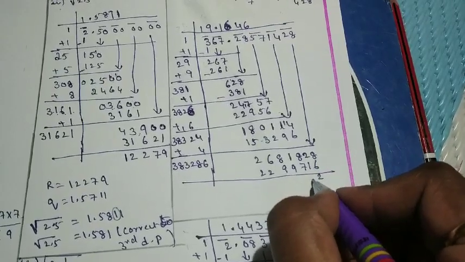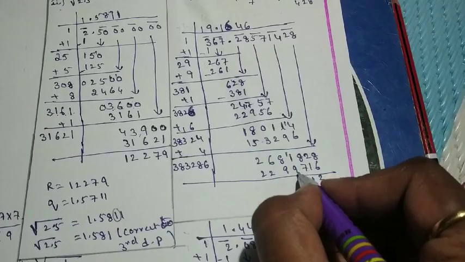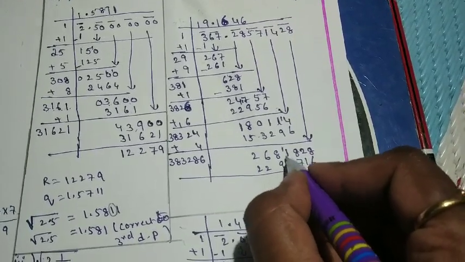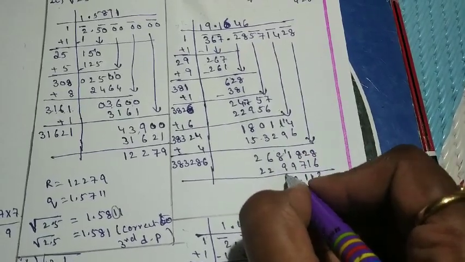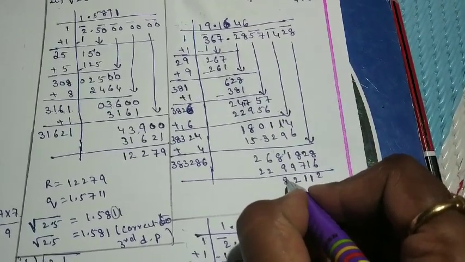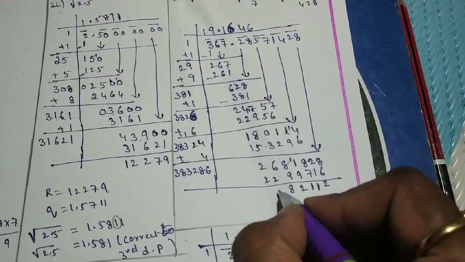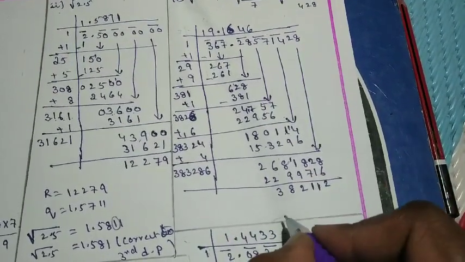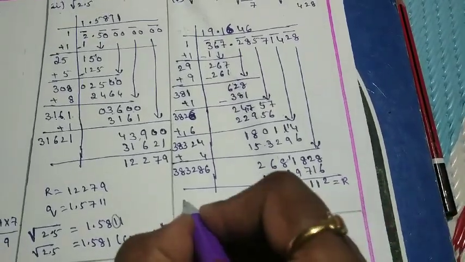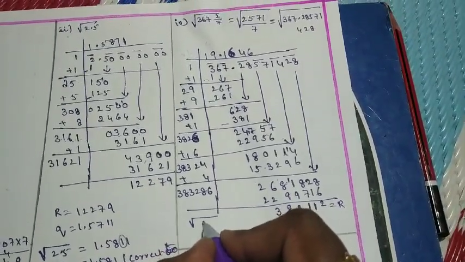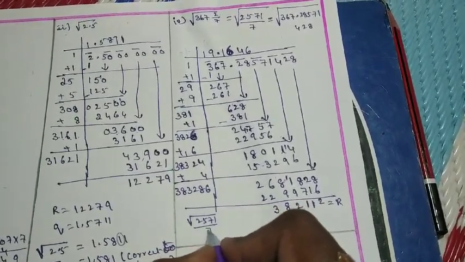Then the subtraction: 8 minus 6 is 2. Then 2 minus 1 is 1. 8 minus 7 is 1. Then 10, not 10, sorry, 11. 11 minus 9 is 2. Then here 17. 17 minus 9 is 8. Then here 5 remains. 5 minus 2 is 3. This is nothing but the remainder. So the square root of the question asked, 2571 divided by 7,